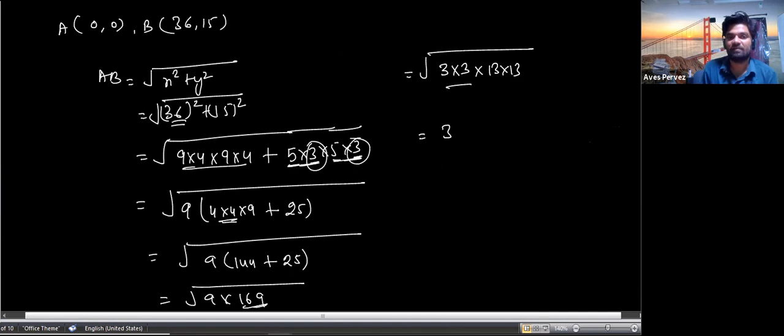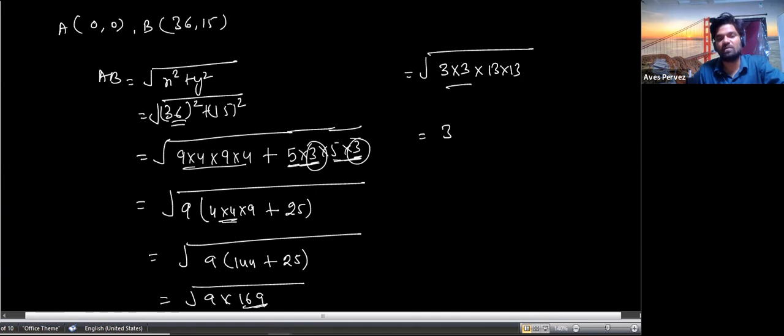By taking the common, what we did, actually, we did this simple calculation without mistake. We took the 9 as common. We did not multiply 36 into 36. I still don't know the answer, what would be the answer when 36 is multiplied with 36? So I split this one, 9 for the 36, 9 for the 36, because square is two times. So 36 into 36 I got here, and 15 into 15 I write here this way. Now this 3 into 3 we will get 9, and 9 we are also having here, so we can take the 9 as common from both.